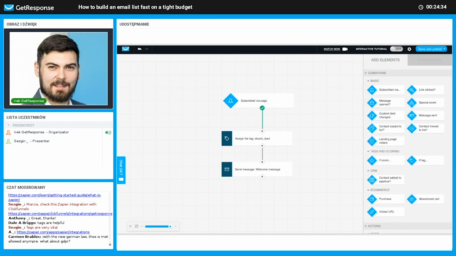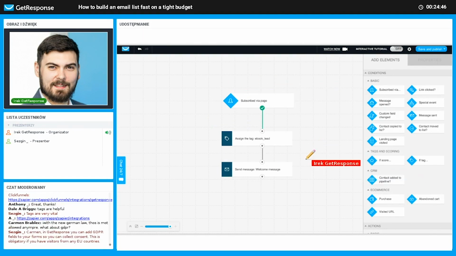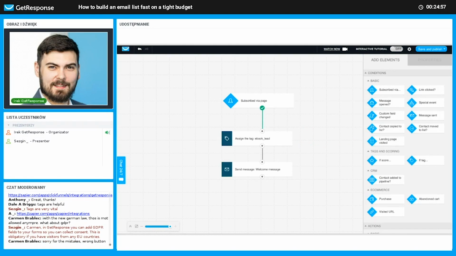People who subscribed without receiving any kind of content, and so on and so forth. So as you can see, there are plenty of possibilities, plenty of options. But the thing is that you can use a very simple marketing automation workflow to use tags and to assign tags to particular groups of people, and then segment your list and send personalized, targeted communication, right?